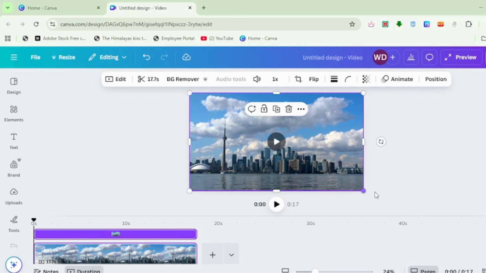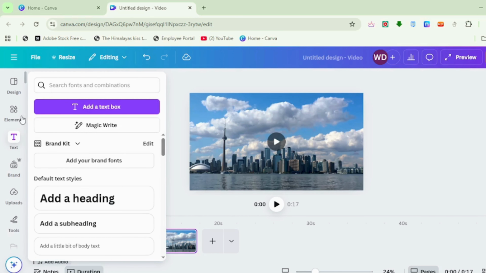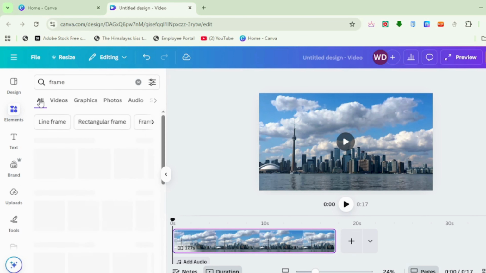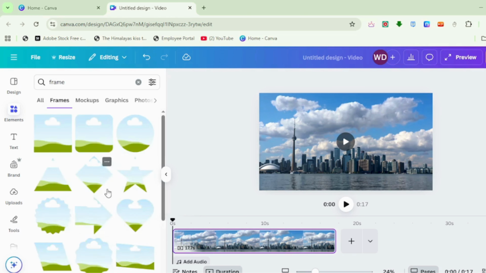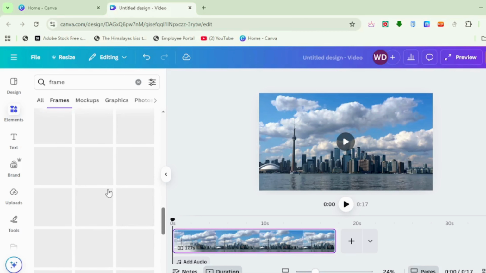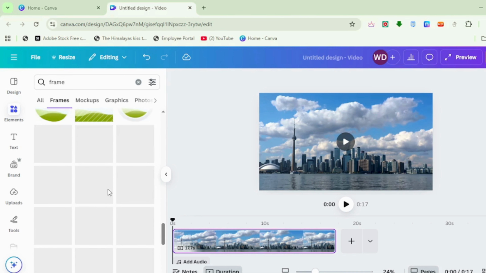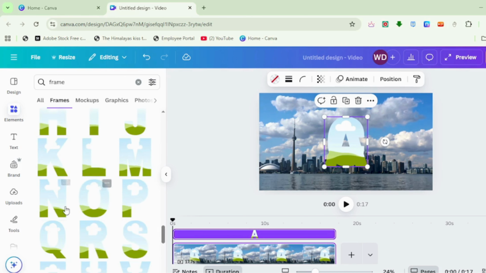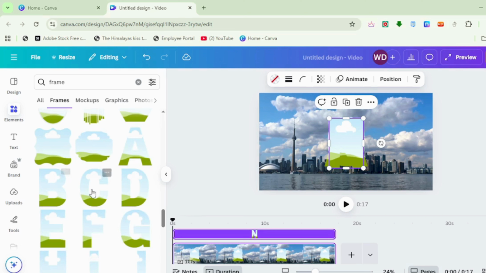Now click on elements. In the search box, search for frame. Click on see all. Let's select these frames with letters. So we will place them all here like this as per the word Canada. So once all are placed,